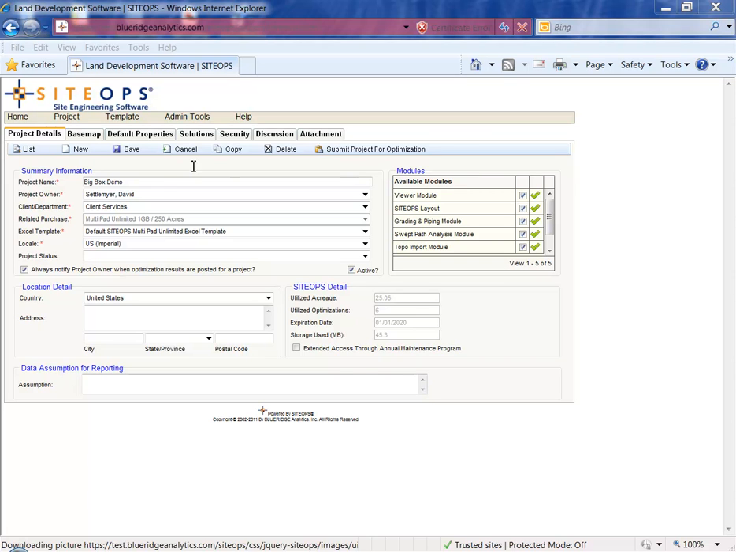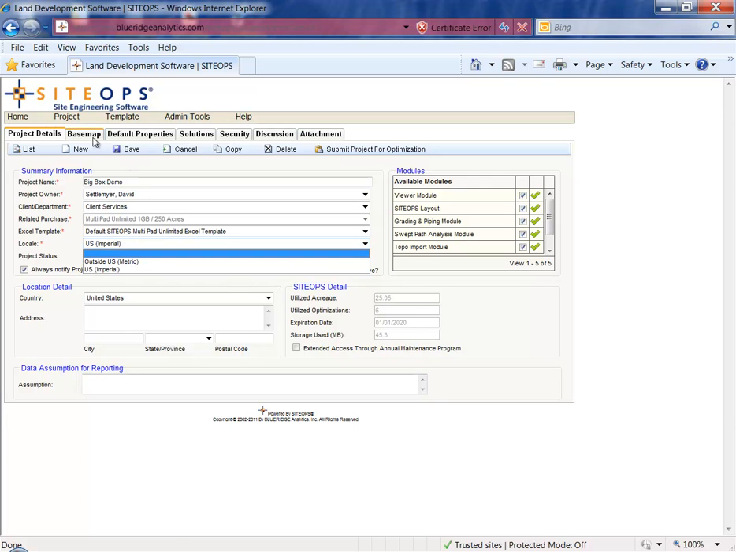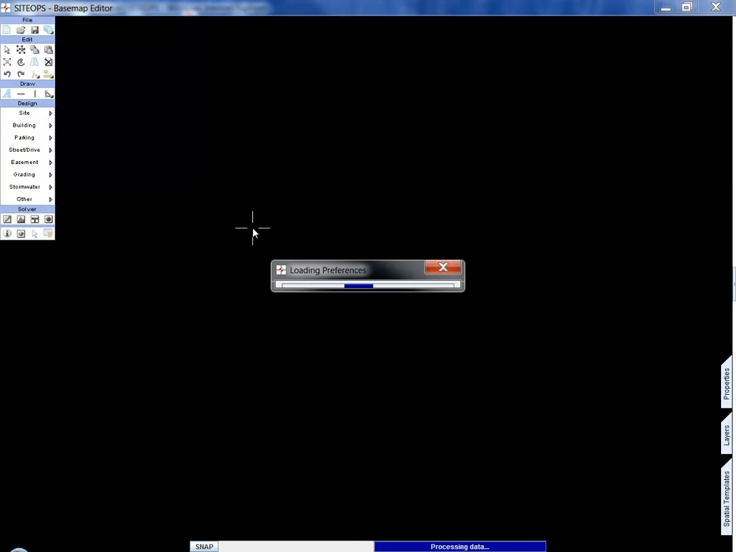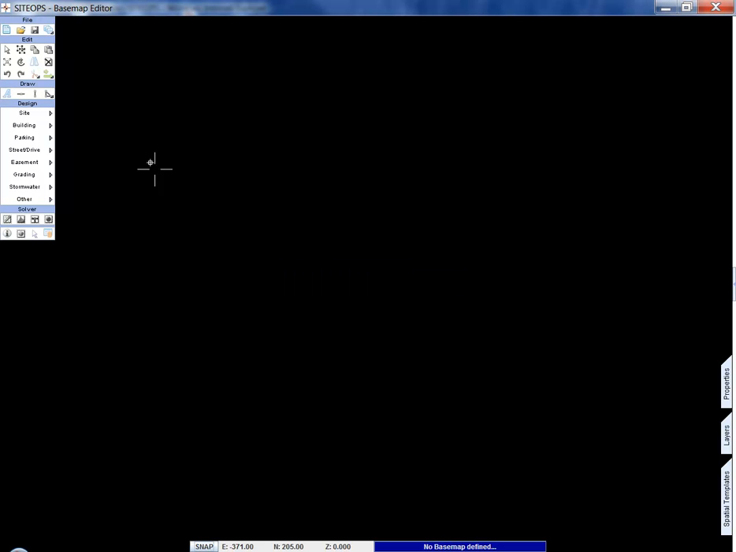SiteOps is a revolutionary software that will help you quickly design conceptual grading, stormwater, and layout plans. You can do this in imperial or metric. But let's just jump into the tool and take a quick look. Now you can start with something as simple as nothing and just start drawing boundaries and buildings, or you can